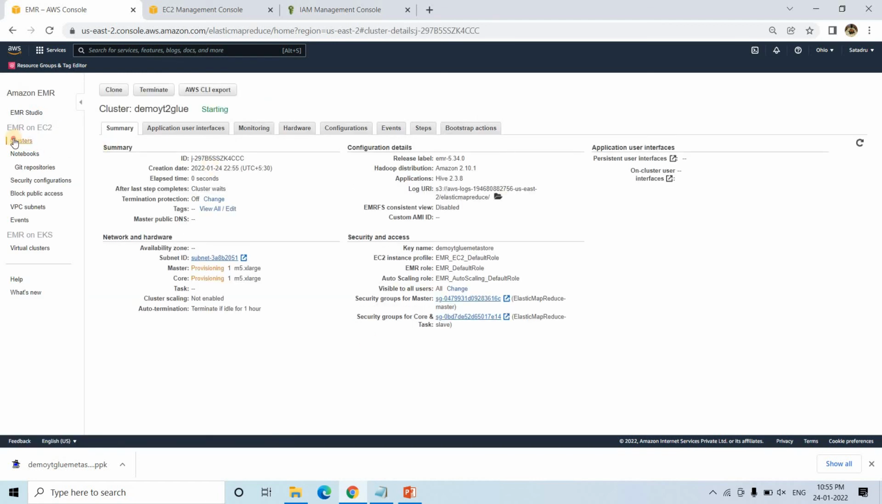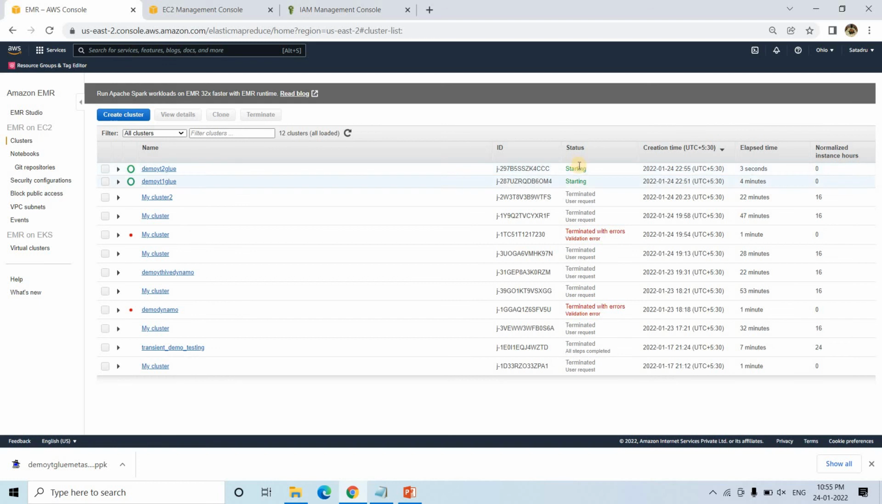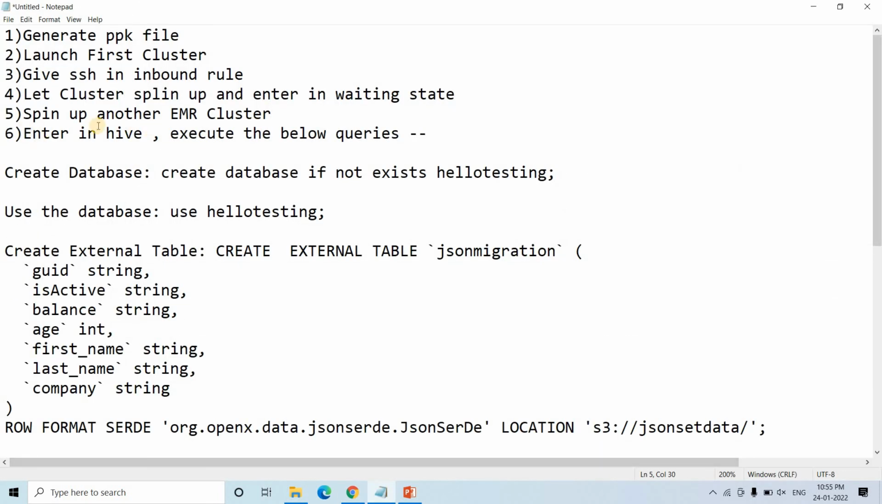Okay, so here our second cluster should also be in starting phase. Okay, both clusters are in starting phase. Right, then what we will do, we will enter the first cluster's Hive and we'll execute some queries,